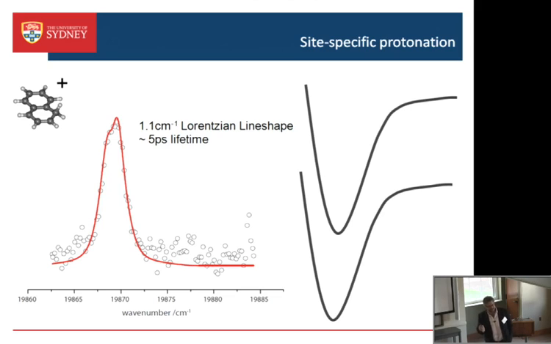It lives for less than a single vibrational period. It distorts out of plane and crosses back onto the ground state surface. So it's not ridiculous to suggest that the protonated naphthalene should undergo similar dynamics. And given that the thermodynamics suggests that we need two blue photons to be absorbed, this suggests a mechanism whereby